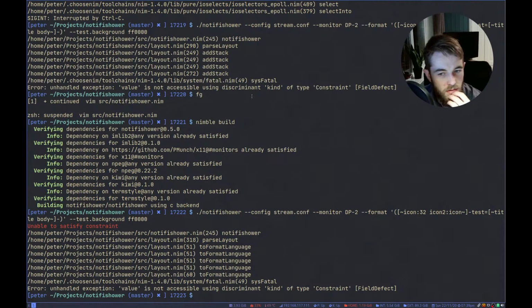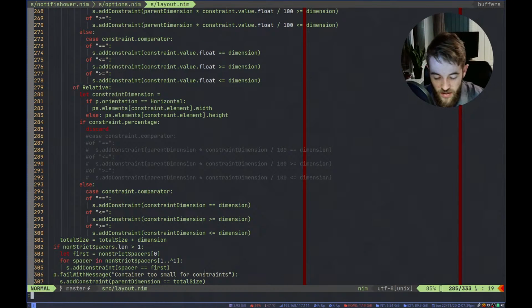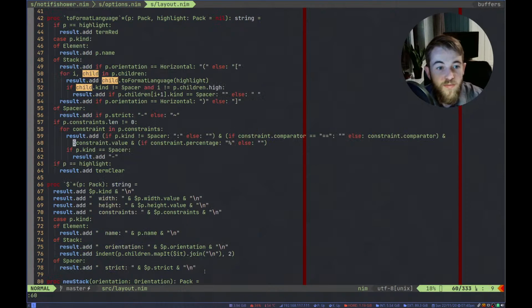Oh, to format language. Oh, right. So it wasn't able to satisfy some constraint, and when trying to show me what that constraint was, it runs the to format language, and that expects all of these to have values, which of course is not the case anymore.